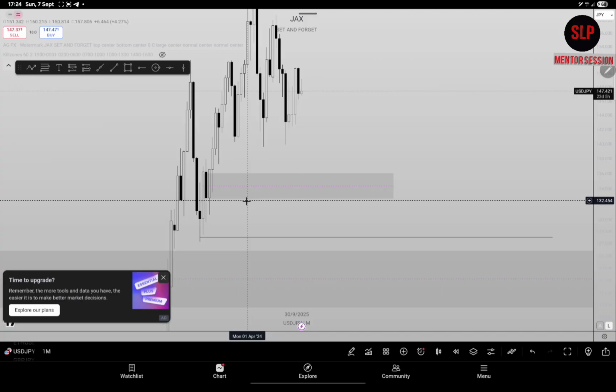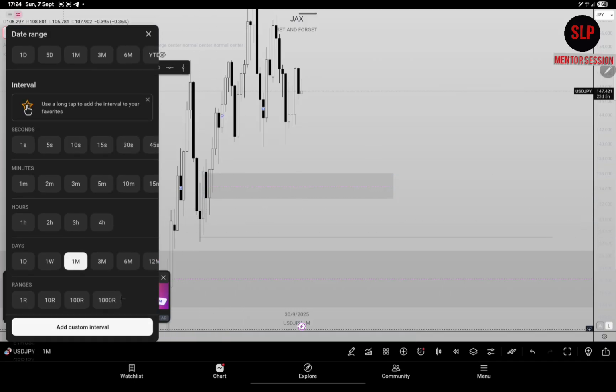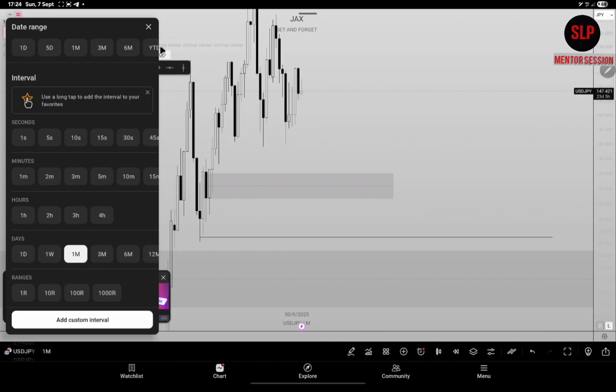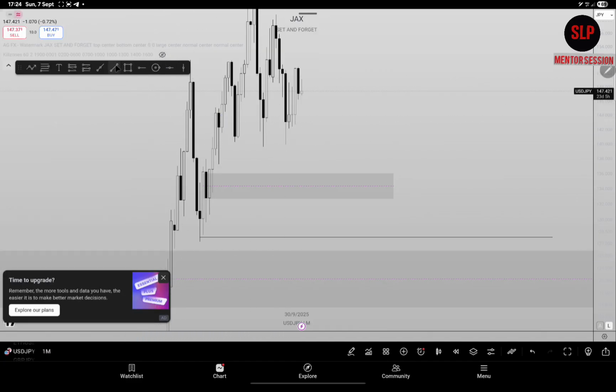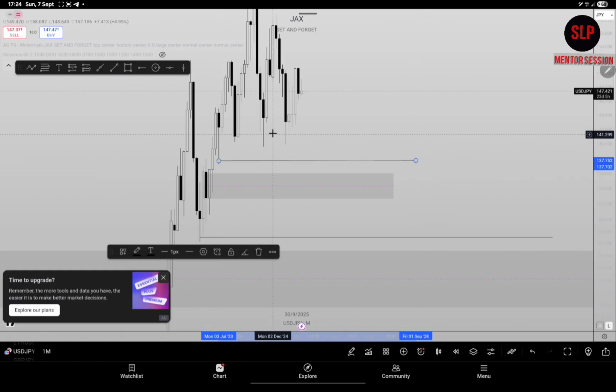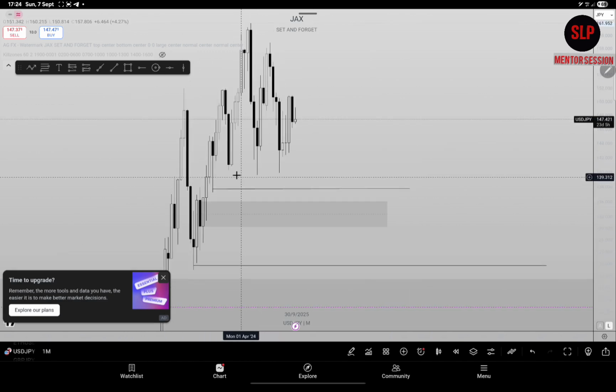So marking out my 1 month point of interest. I've marked it out. Of course, this is liquidity. This is a single candle at liquidity before the main liquidity. So this is obviously the main liquidity. If you're a support and resistance trader, you know that there is a resistance level right here that's supporting this bearish move that USD JPY is trying to create, supporting this bearish movement to the downside.